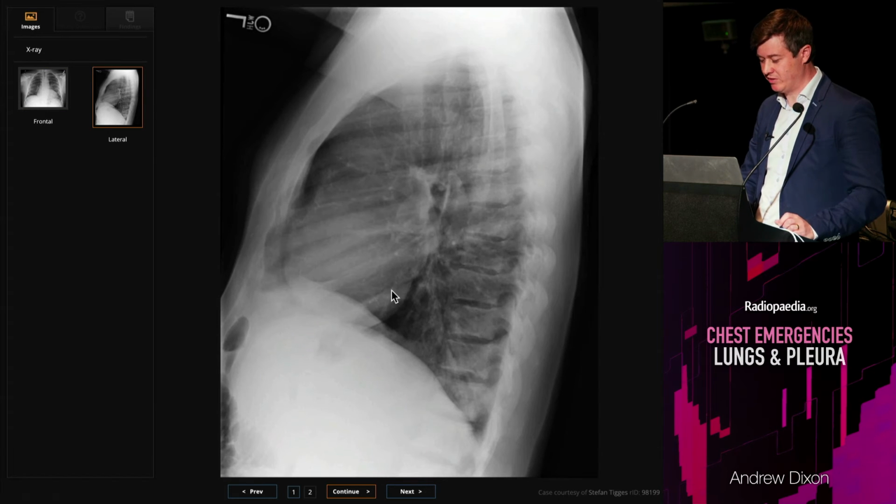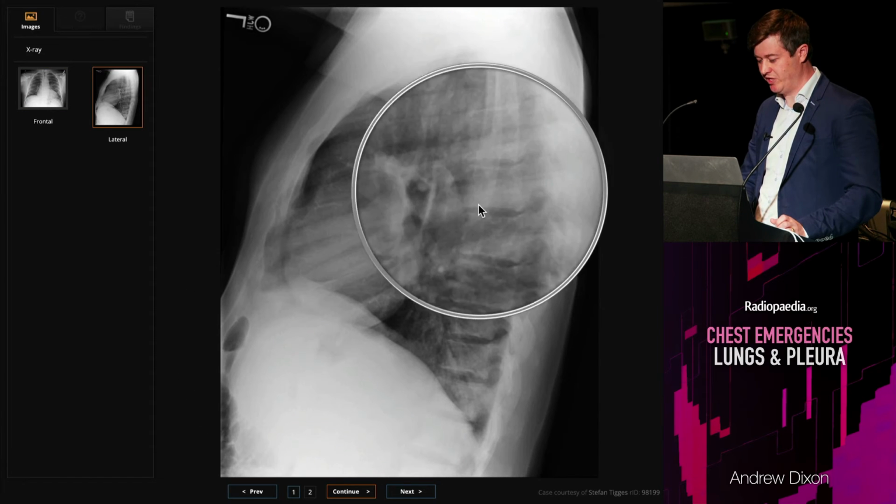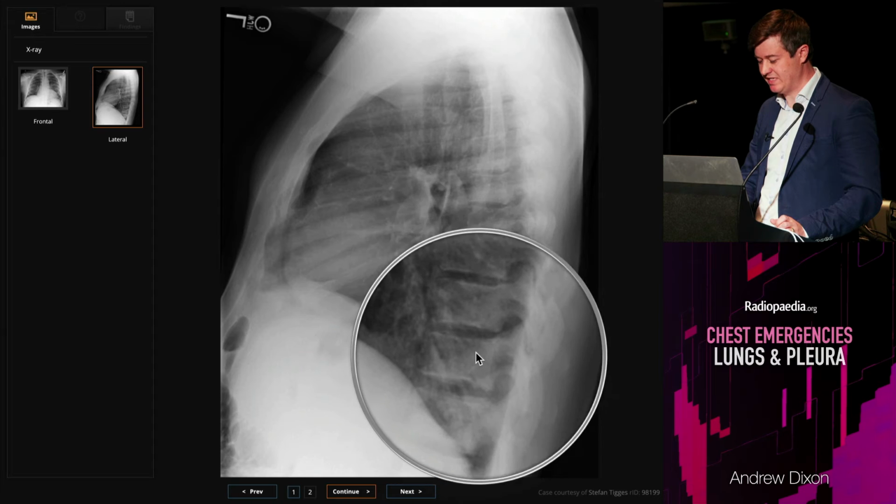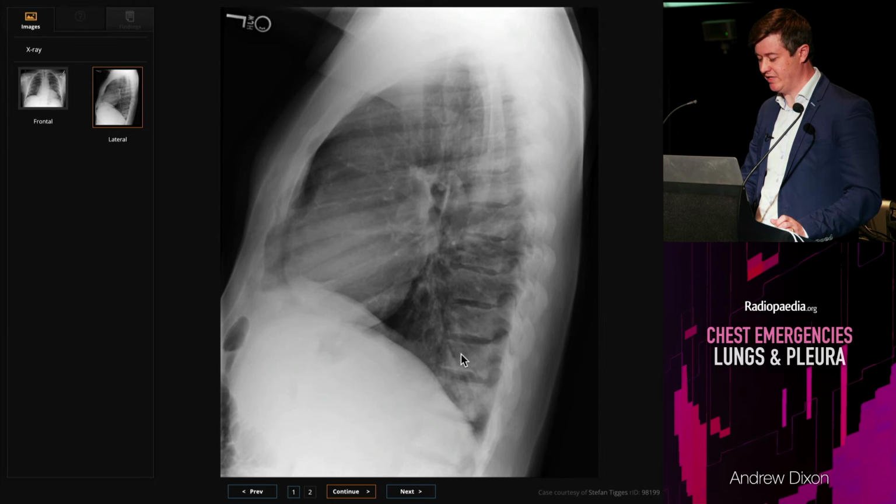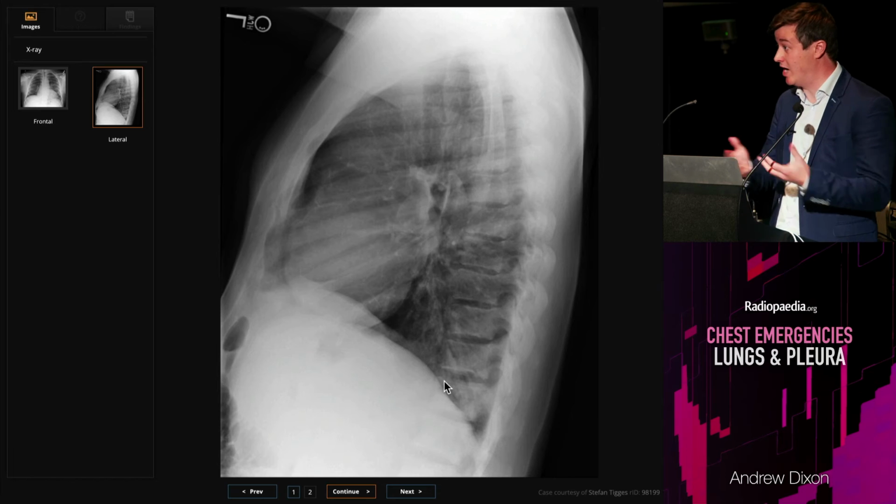On the lateral image, what have we got here? Vertebral body's getting more lucent, but they're suddenly getting more dense at the bottom here, definitely. Much more dense. And what about hemidiaphragm-wise? Well, we've got two anteriorly, one here, but then we've only got one once we get further back, right? We're losing this one. So this tells us that we've got some consolidation in that right lower lobe through the